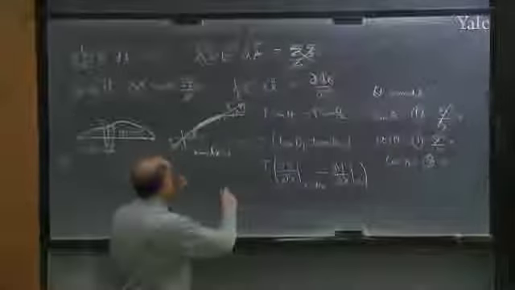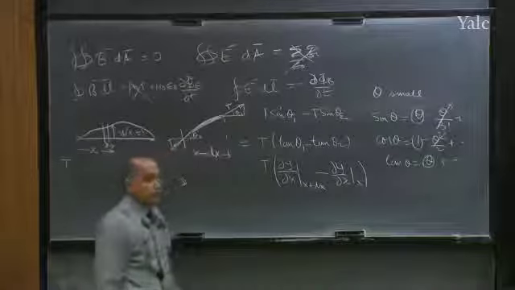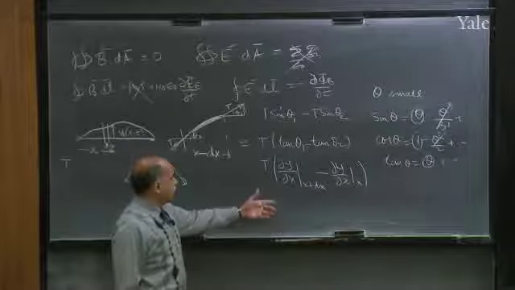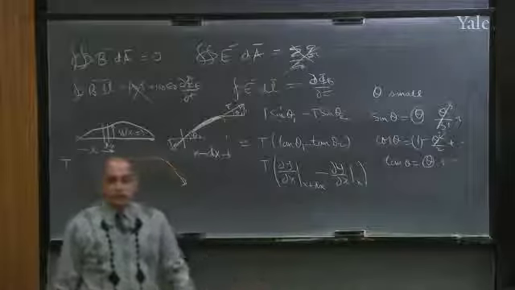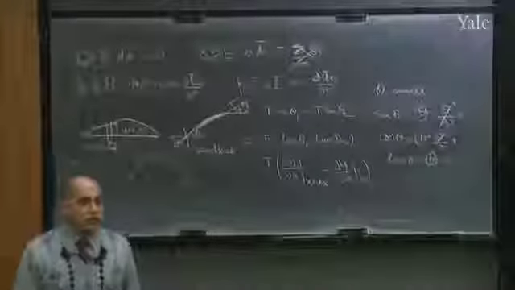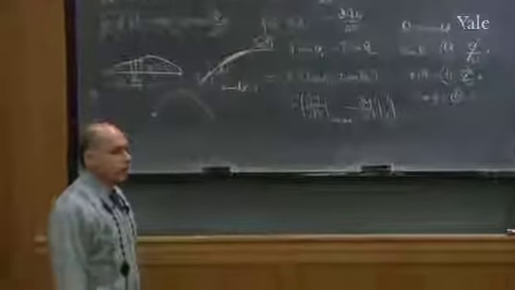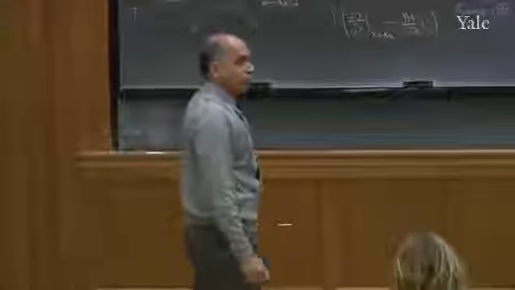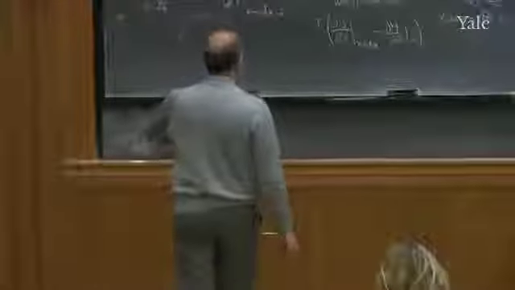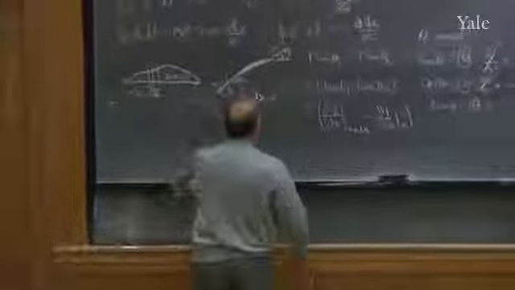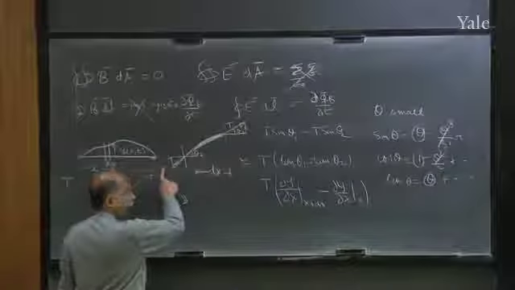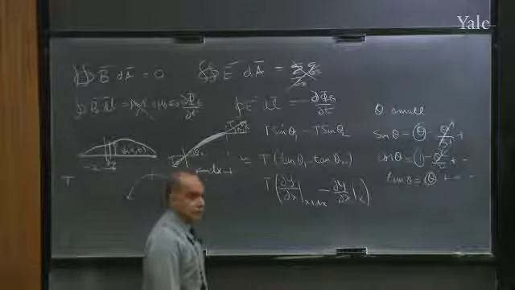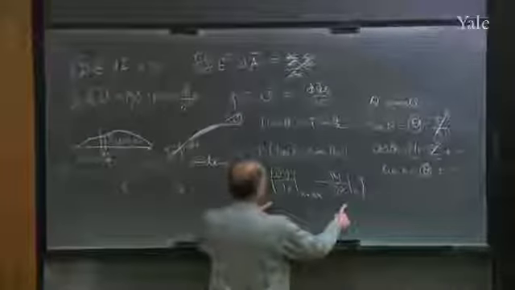Are you with me? dy/dx from calculus, you remember, is the slope. It's a partial derivative. Why is it a partial derivative now? Can you tell me? Yep. It can depend on time, and I'm doing F equals ma at one instant in time. So I don't want to take this guy's slope now and that guy's slope an hour later. I want them at the same time, that fixed time.